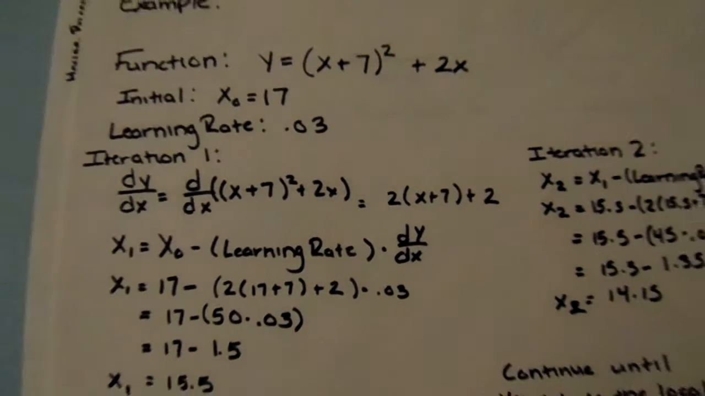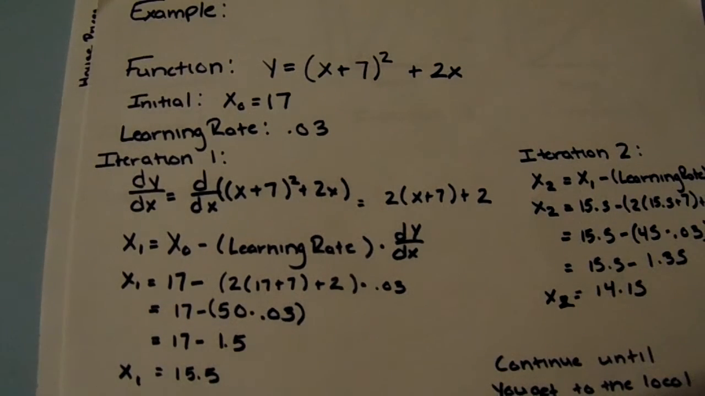In other words, to solve this, you will need a function such as the function right here, y equals (x plus 7) squared plus 2x. So to solve this, you will need an initial condition. No matter what problem you're solving, you will always need an initial condition, and then you will also need a learning rate. This is more correlated towards the machine learning aspect of gradient descent, but it still helps to apply that concept even here. So to solve it, you go through multiple iterations